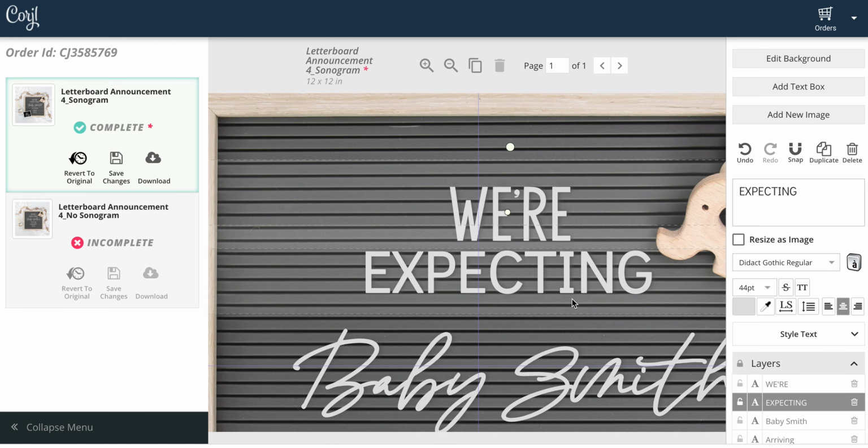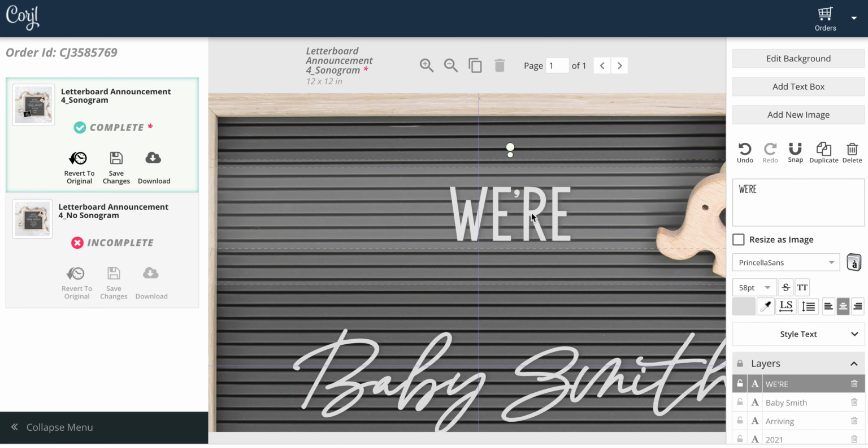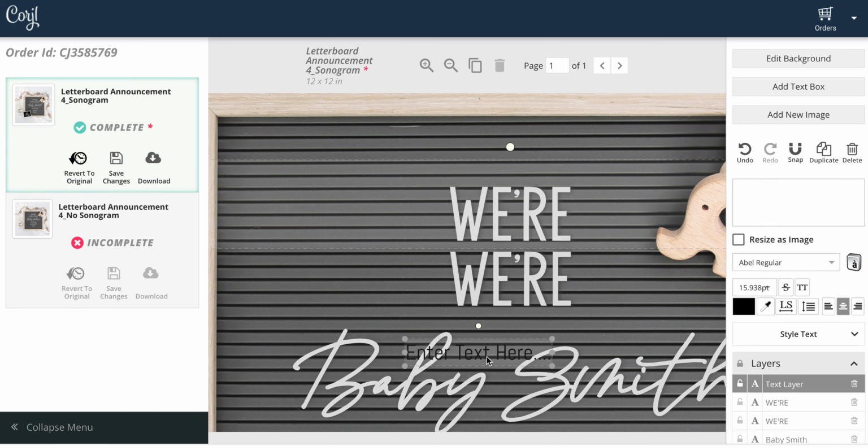So I would click on "expecting," come over here and hit delete, and I could click this and duplicate it. That way I know that the font's the exact same size, and I just come and drag it. It's going to have the same stroke, the same color, everything like that. If I just came in here and added a new text box, it's going to